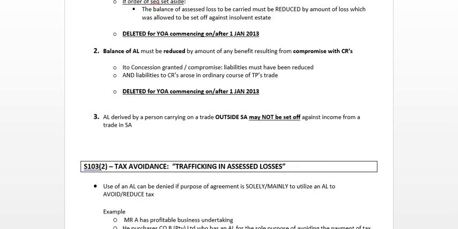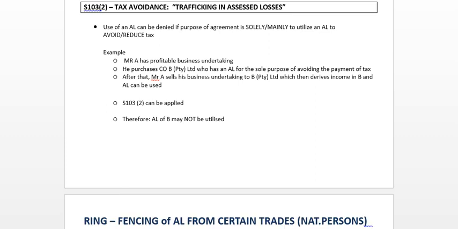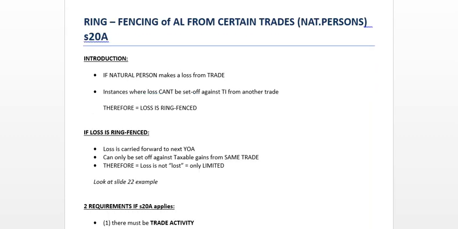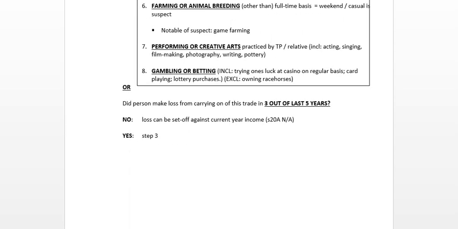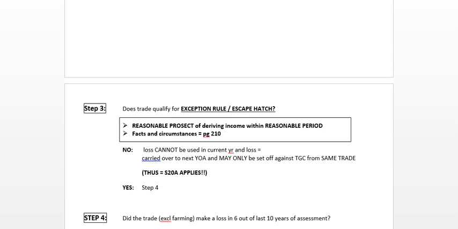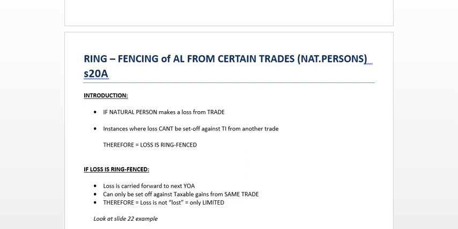Okay, and yeah, you can go through that on your own, but we're going to go through that in a second. Ring fencing, that's not important now, so you can just read through this. There are certain steps that you need to determine in order to ring fence something, but yeah, it's not something that we're going to deal with this year. Okay,